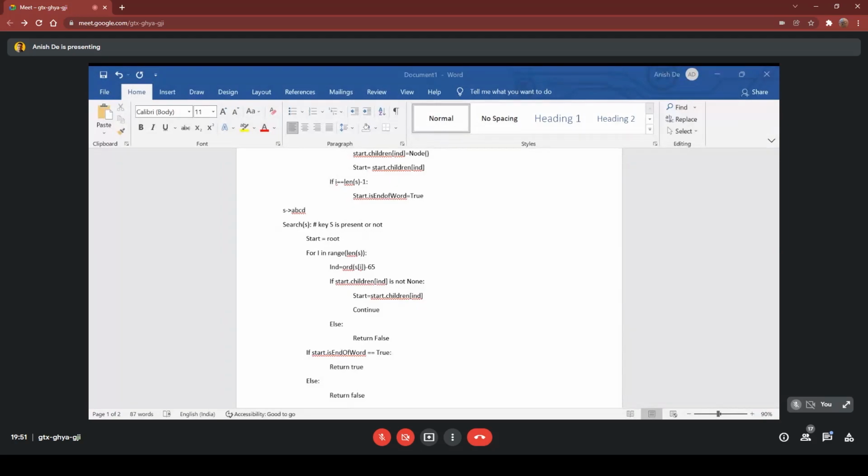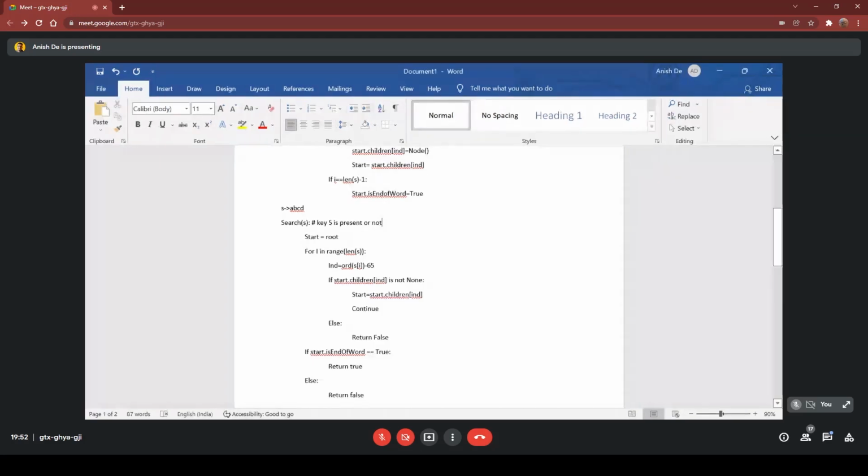Can you speak up just a bit, instead of messaging? To avoid start.is_end_of_word equal to true, can't we use a flag, like if start.children[ind] is not none, then flag equal to 1, or else in the else part flag equal to 0? Why you have to use this?